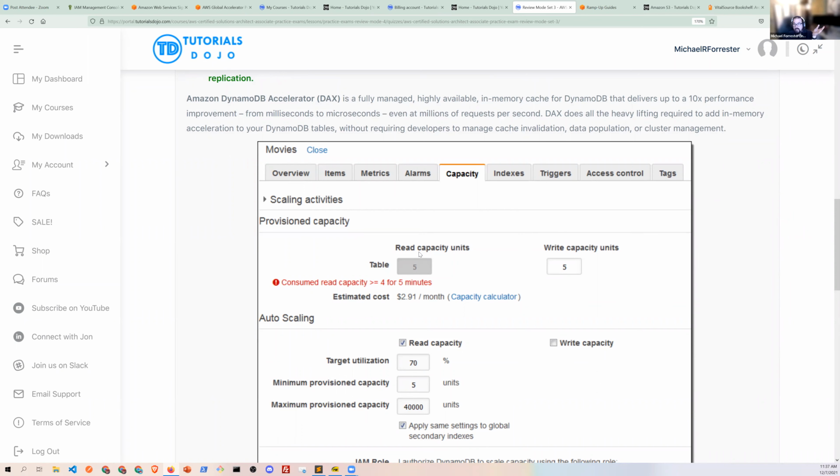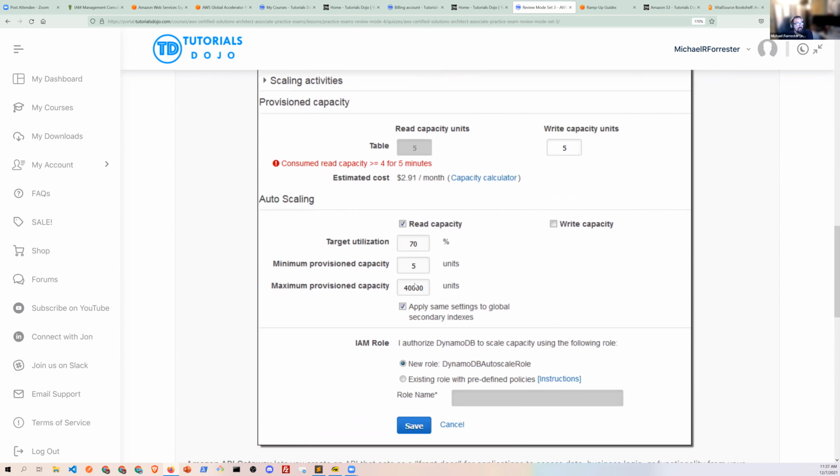But set it for the table itself. You can actually set your read and write capacity units if you want to, or you can have it auto scale from whatever range you want to, right? In this case it'll scale from 5 to 40,000 read and write capacity units as needed, but they actually just set it for read capacity, as you can see from the checkbox here, right? So they didn't actually set read and write capacity.